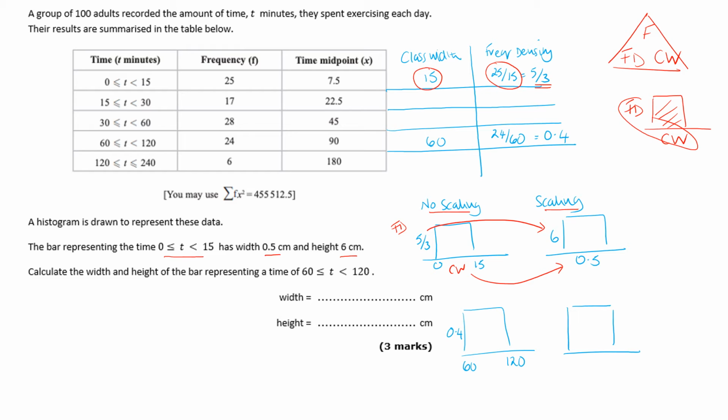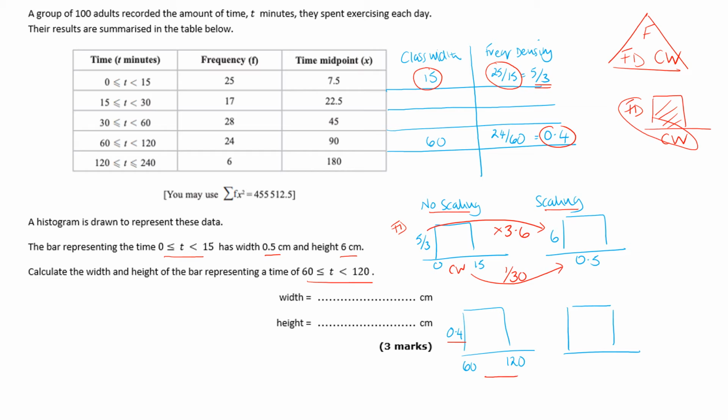So if you just do 6 divided by 5/3, you will see that that is a times by 3.6, and if you do 0.5 divided by 15, that is a times by 1/30. So on the bar they're asking you about, which is the 60 to 120, then if you calculate the frequency density again by doing frequency divided by class width, the frequency density up the y-axis for that bar would be